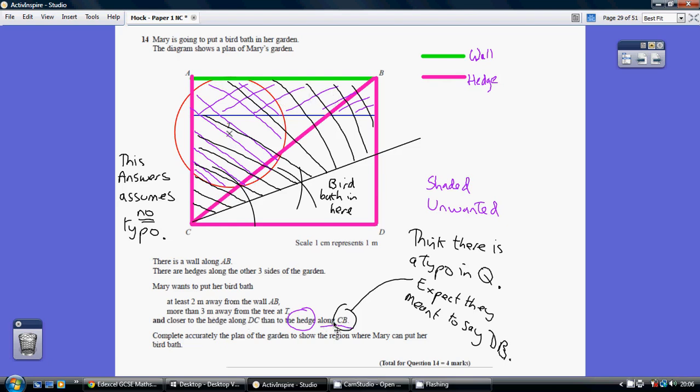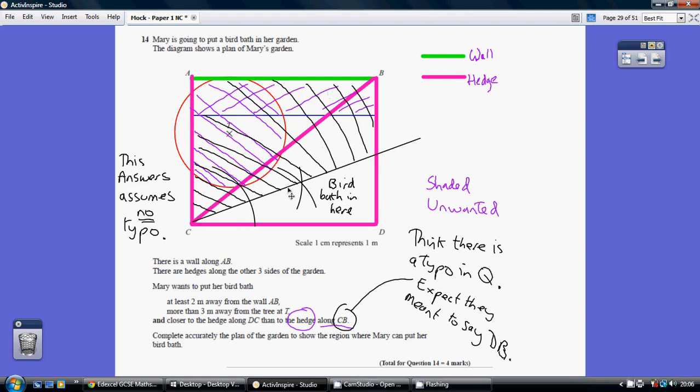Now, taking this question at face value, we've got to imagine there's another hedge here, and then we need to be this side. It's got to be closer to CD than CB. So we need to do an angle bisector here, so make sure that you put on all your construction lines for an angle bisector to bisect this angle. And we were told that we need it to be nearer CD, so in fact the region as it stands is just this triangle down here. We need all these values here, which actually makes all this stuff redundant really,